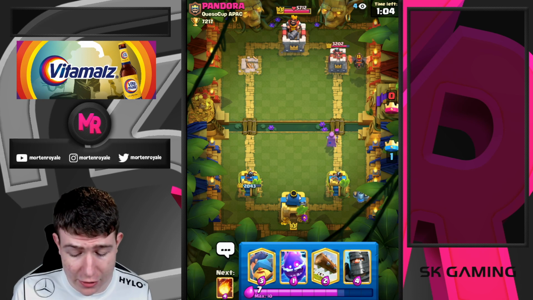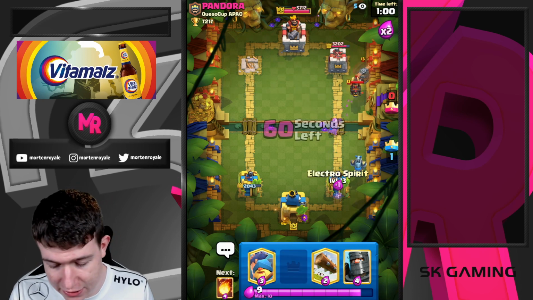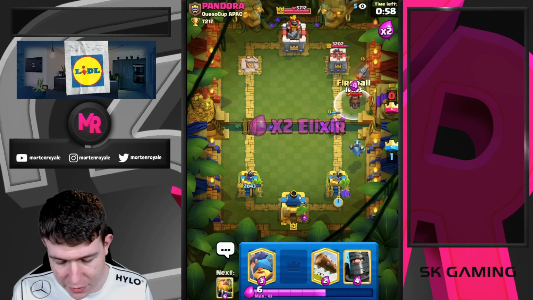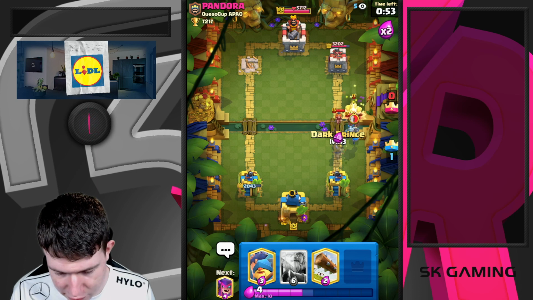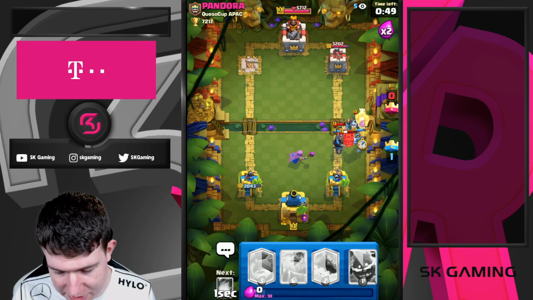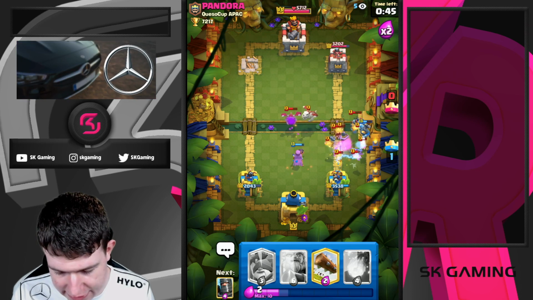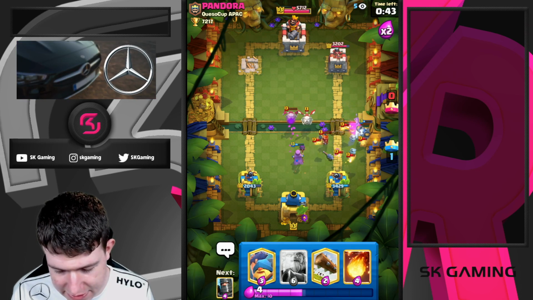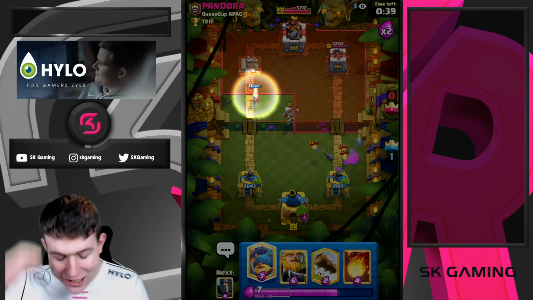Honestly, it's a good Lava Hound, because my Mother Witch is like kinda already dead. He just needs to play 1 card on it. Okay, I'm just gonna Fireball here. I might go in for... Yeah, here I'm going for Dark Prince. I'm also going for this. Now I'm going for Mega Man here. Good Mega Man usage. I'm just deciding to go for Electro Spirit here, like killing all the stuff. And this was just insane defense. And look at the Hoggy! Look at the Hoggy! What's...